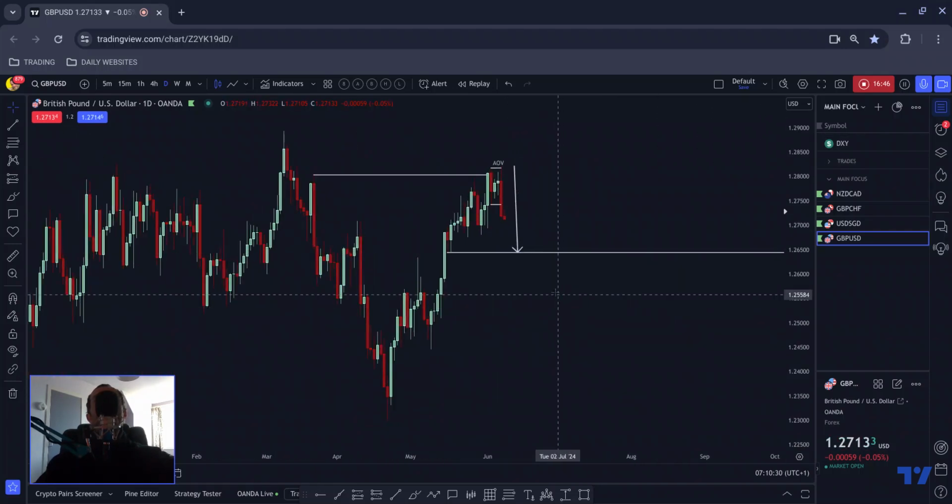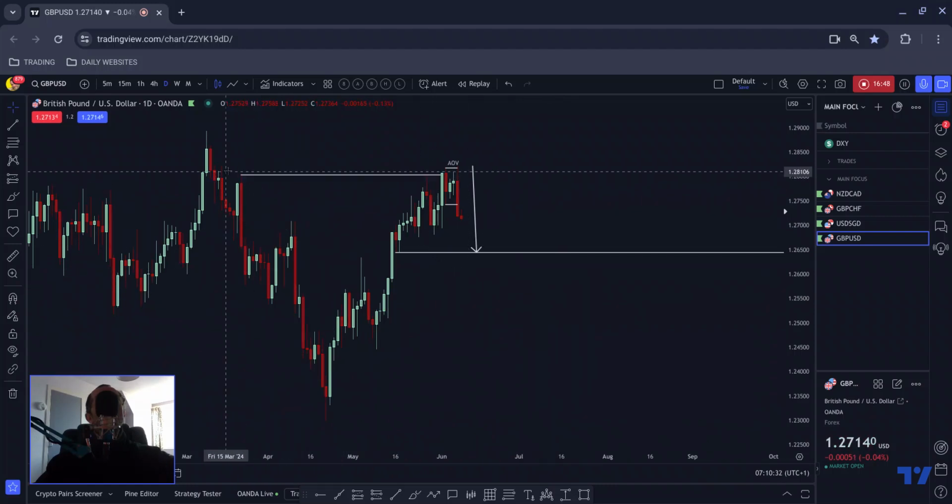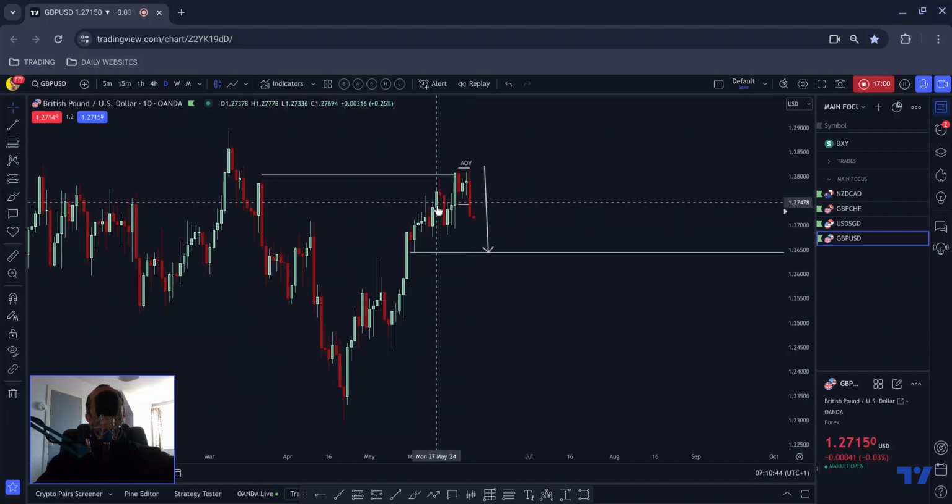Okay, so you can see that we have the area of value there. We wick to it. What happens when we wick to an area? We usually come back up to fill it and break above, which happens here. We then get a little bit of a scoop, double top, and drop below all of this consolidation, giving me a clue that we'll likely take out this low, that all of these lows near miss to complete that structure. That's where we would be retesting the back end of that. So that seems like a solid target to me.